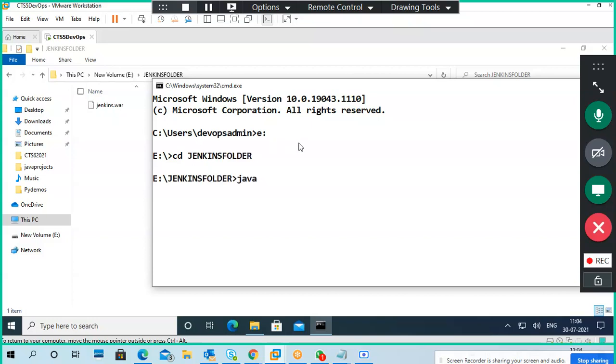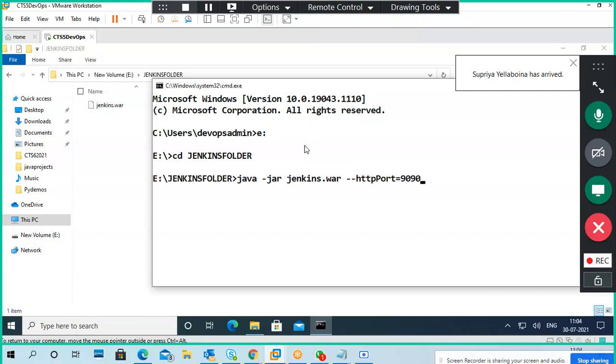The command is java -jar jenkins.war --httpPort=9090, because the default port is 8080, which multiple different services use. So it is better not to put everything on the same port number, to avoid confusion. You can put 9091, 9090, like that.